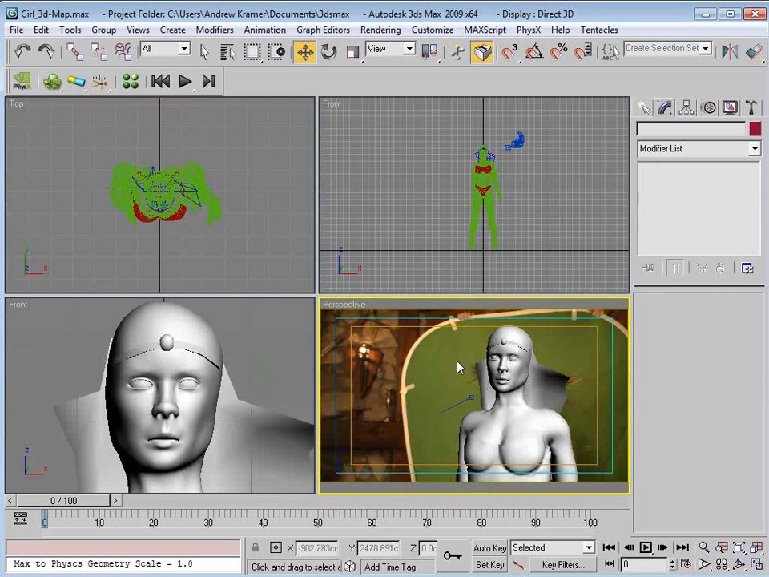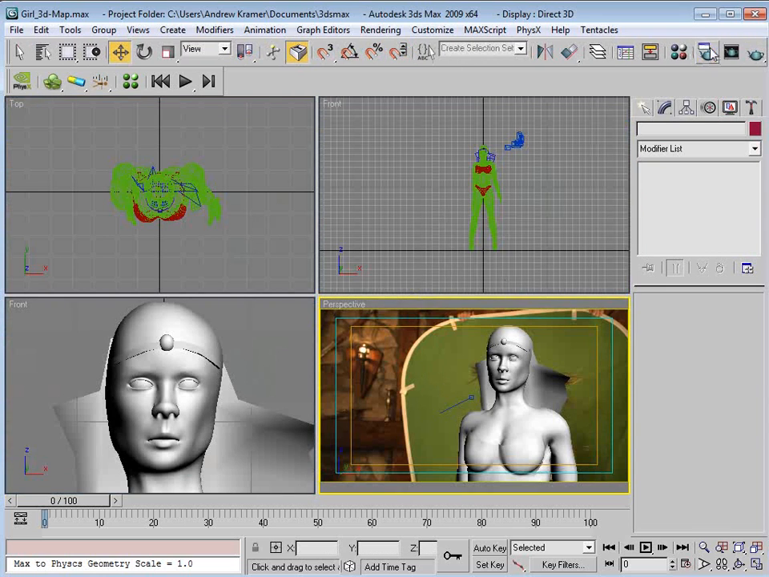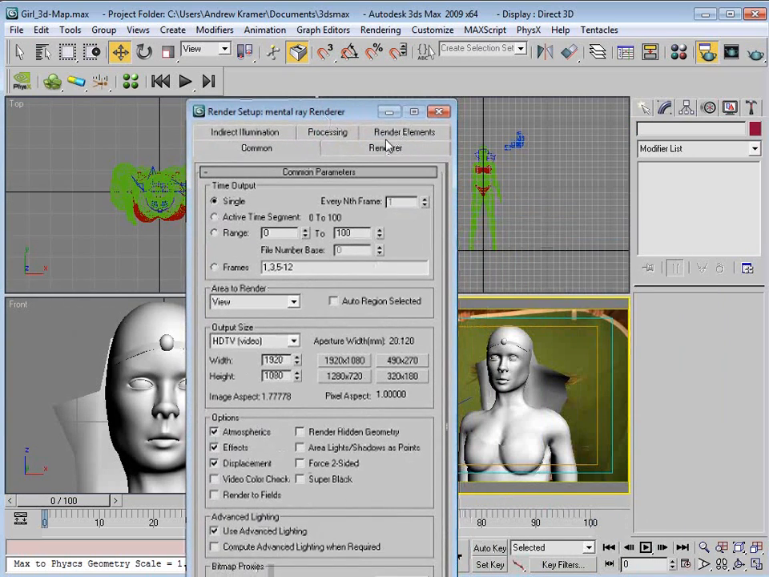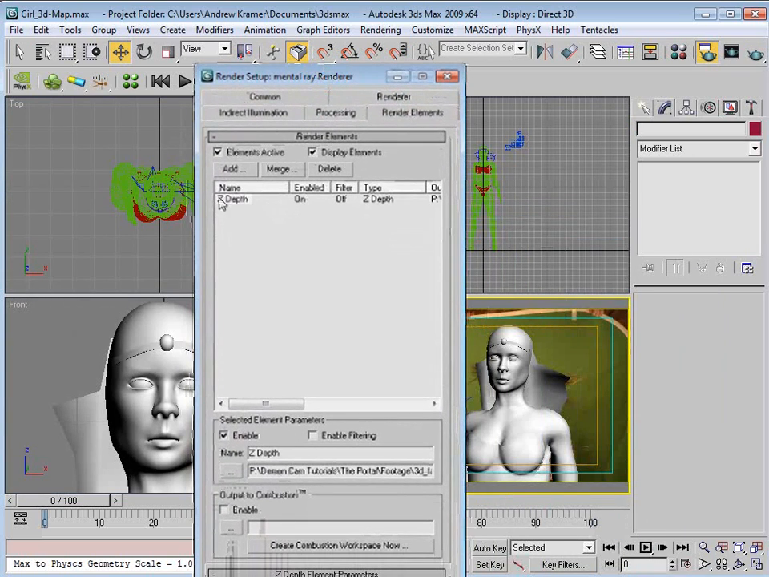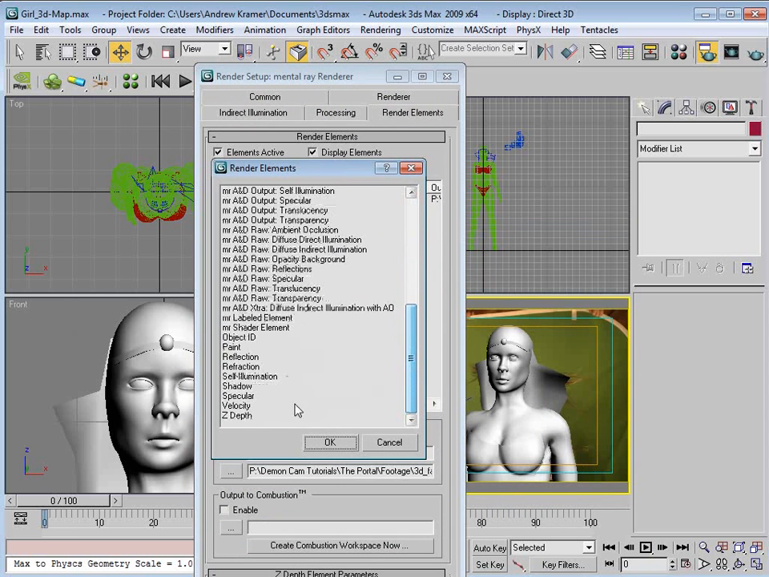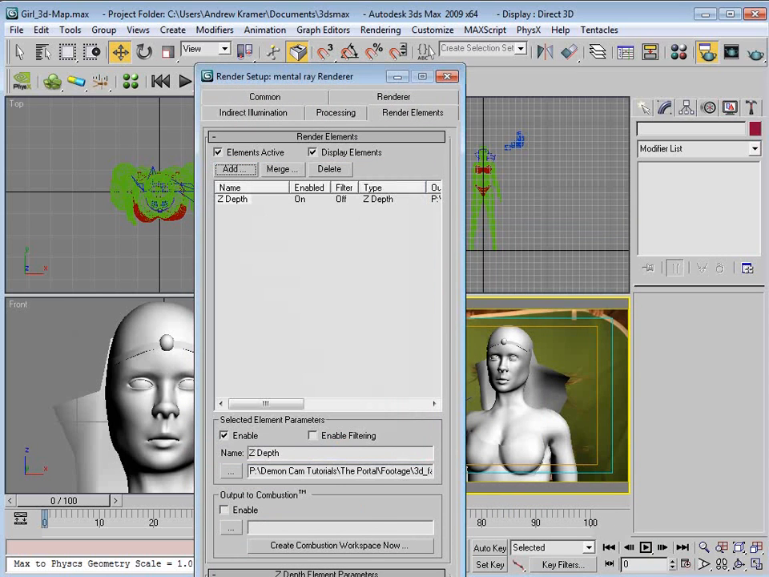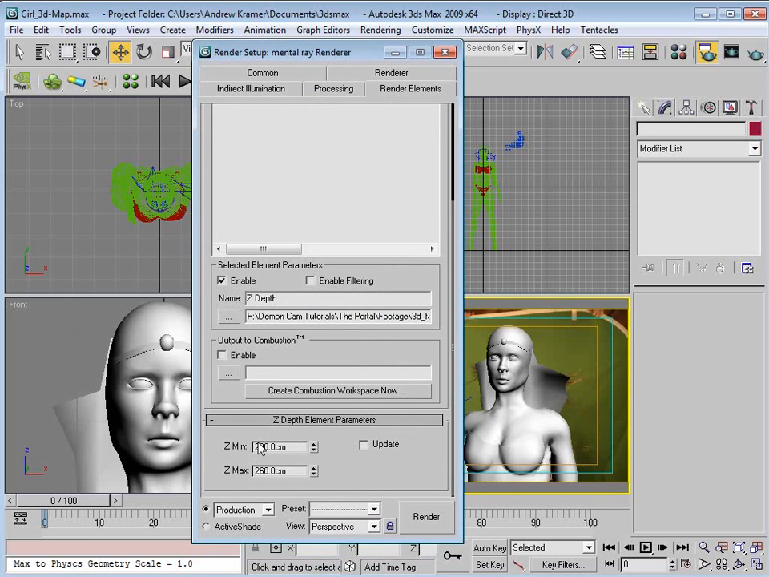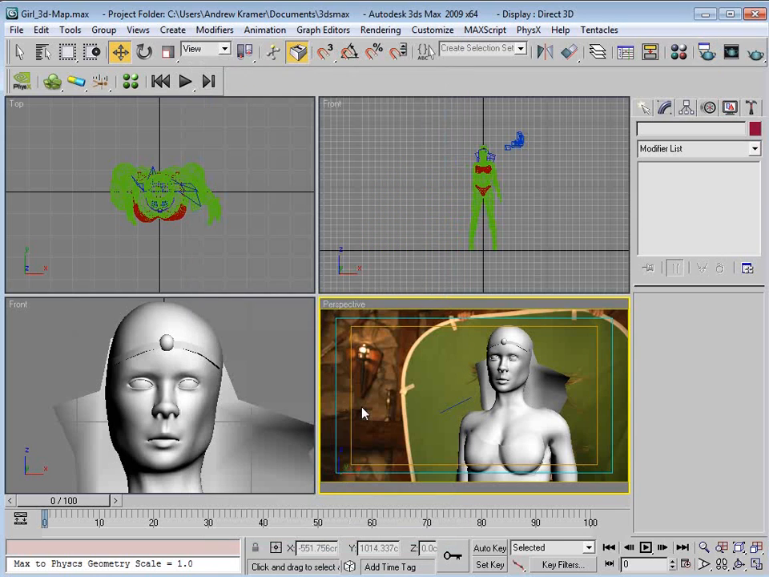And then what you do is you go into the render settings and you go to render elements, and we're going to render off a Z depth pass. So you click add, go down there to Z depth, and you just want to go ahead and tweak the settings for the minimum and maximum distance so that you can have the very close and the very far. It's actually really easy to do, and you can do it with any 3D program,